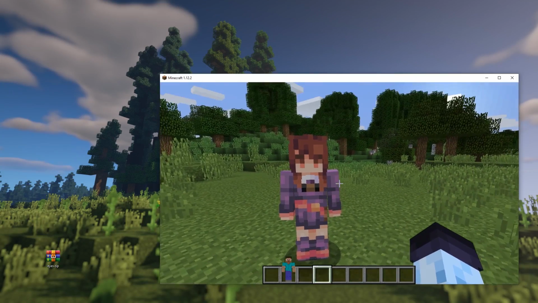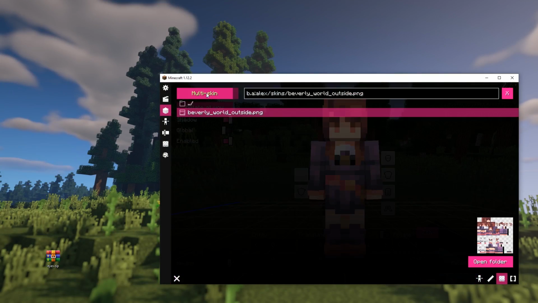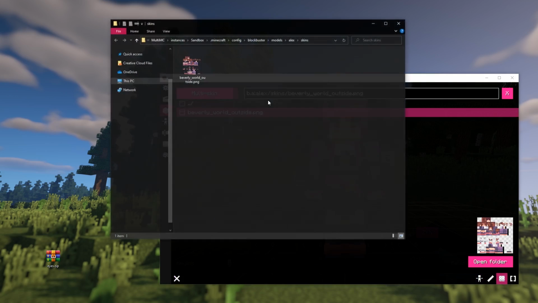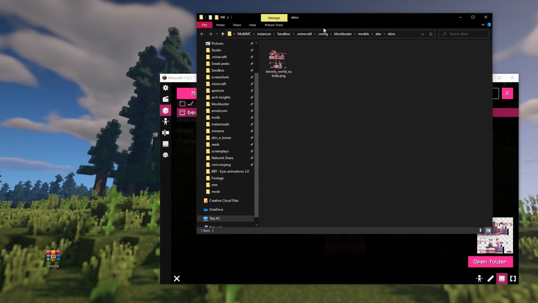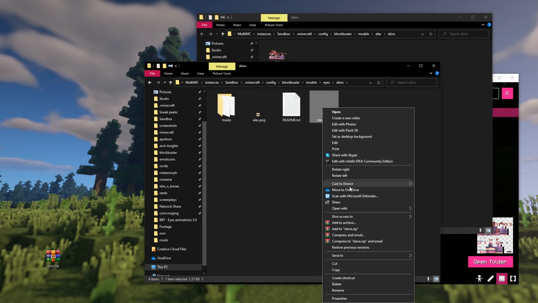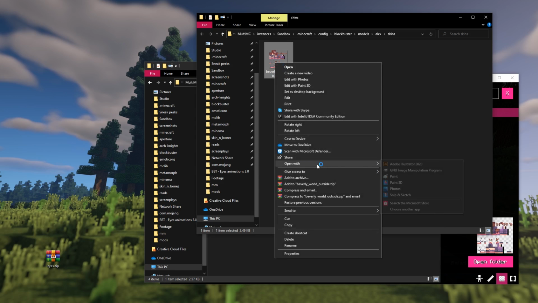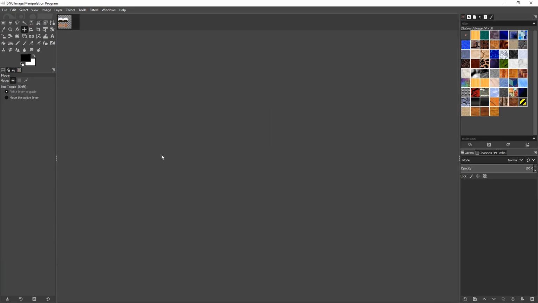Obviously, you would want to use this Eyes Rig with a custom skin, instead of Steve and Alex, so here is the layout of the Eyes Rig skin. First, we need to open the skin we want to make the eyes for, and a default skin that came with the Eyes Rig. Once both skins are opened, copy the eye area from the skin to the eye skin, and now we can start the painting process.